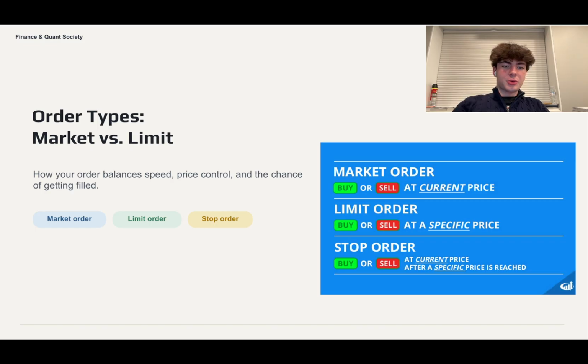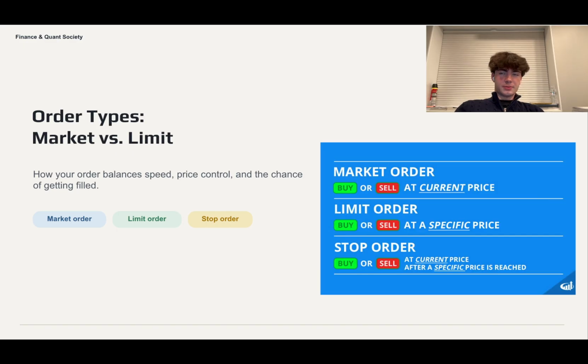Today we're going to be working through lesson number 7 here. We're going to be talking about different types of orders. We're going to be looking at market orders, limit orders, and then eventually stop orders. And the big idea between all these different orders are speed and price. So remember that. All right, let's go ahead and go on to the first slide where we talk about the